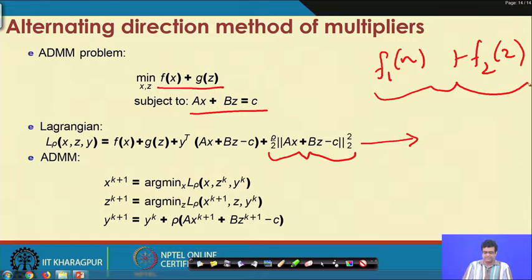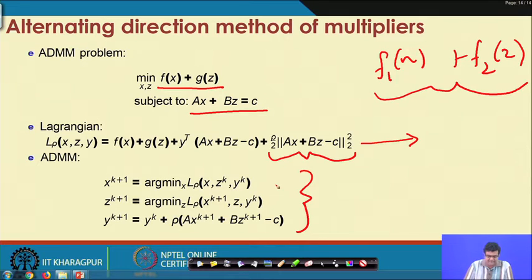Nonetheless, the ADMM method can circumvent this by using these three steps.